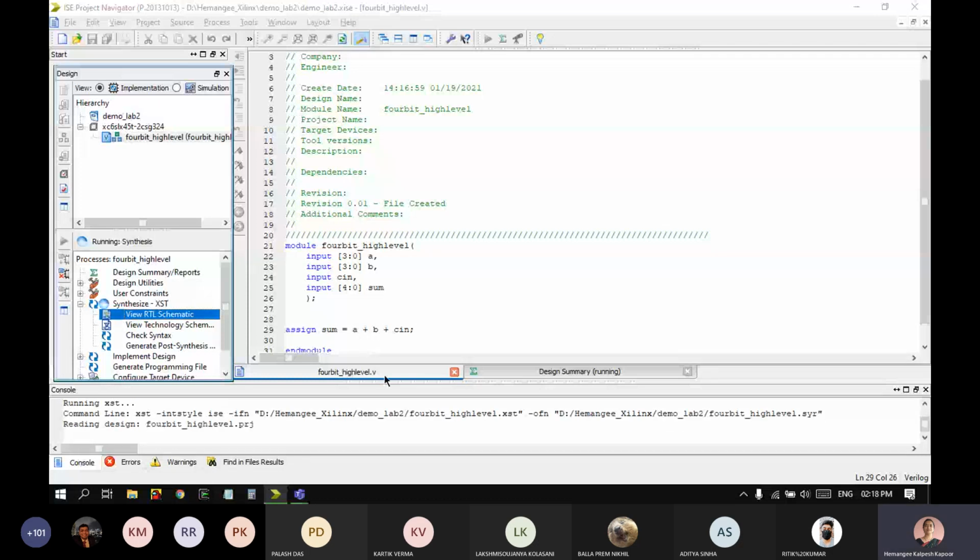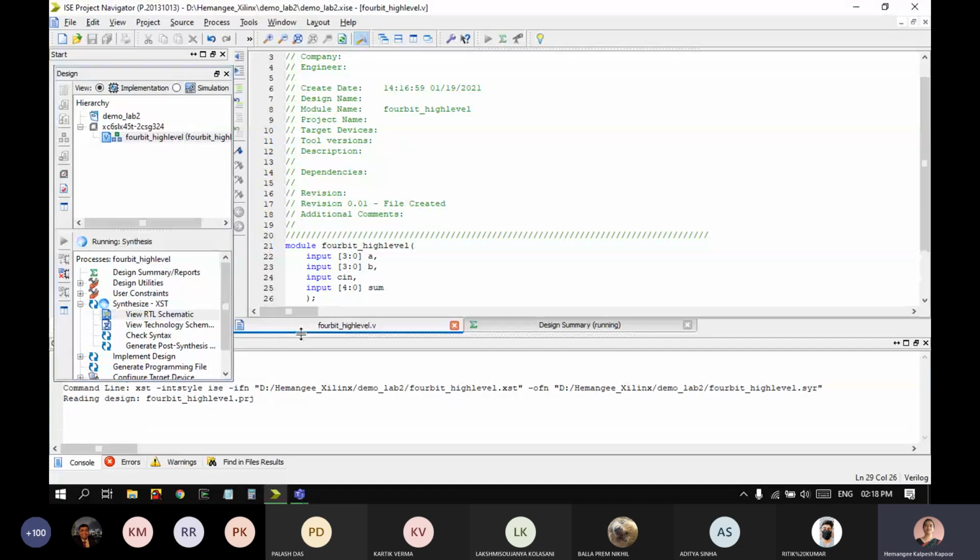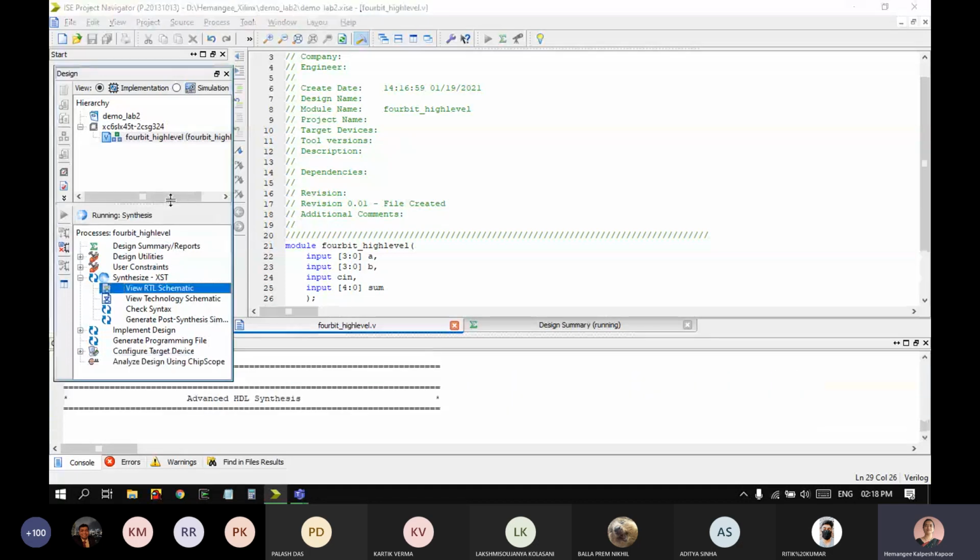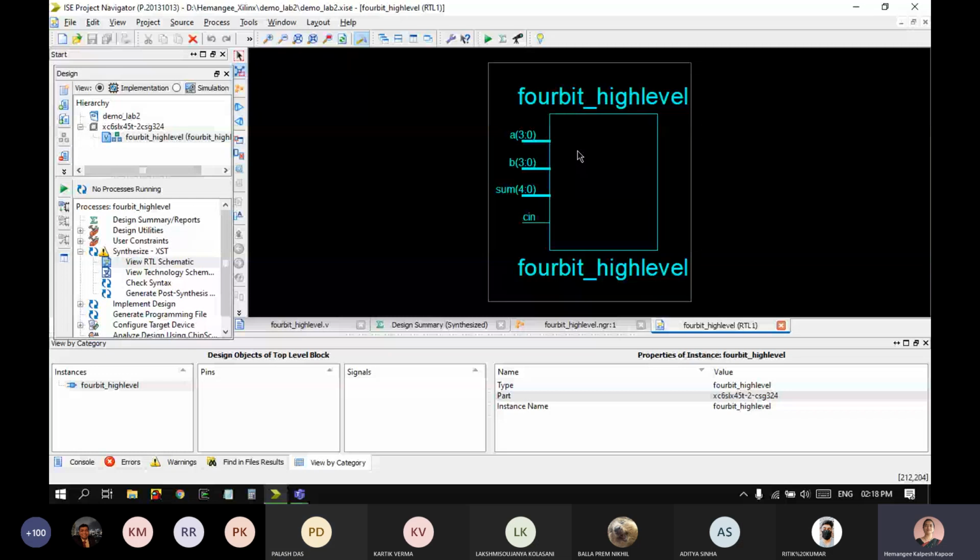When this RTL schematic window comes, you pick which one you want, then say create schematic, and it gives you this box. When you double click on it, it should give you the gate level design. But because this is high level, there's a lag. Now the screen is done.